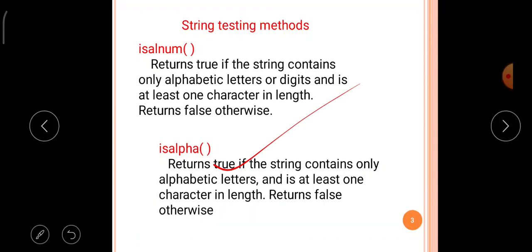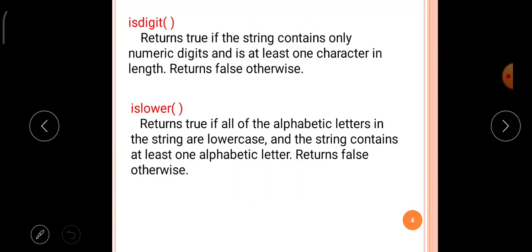Next comes another function, the isdigit function. The isdigit function returns true if the string contains only numeric digits and is at least one character in length.